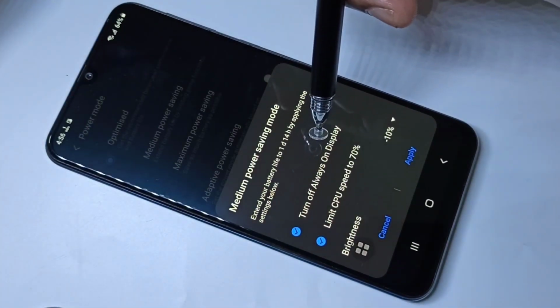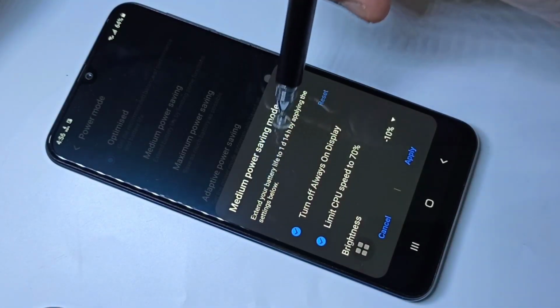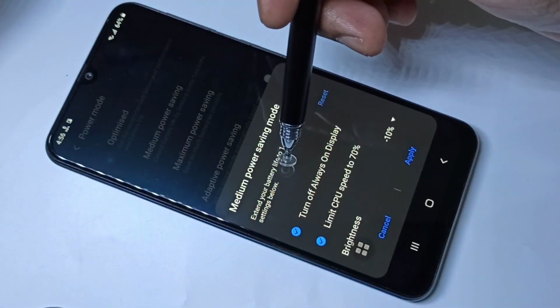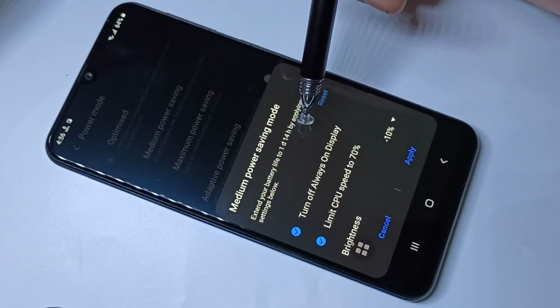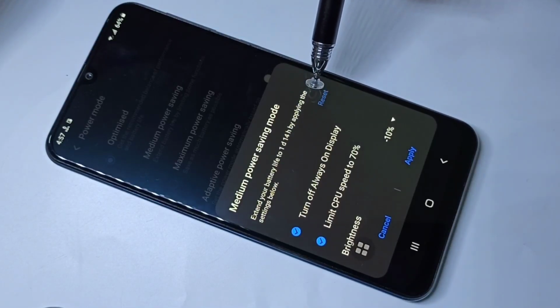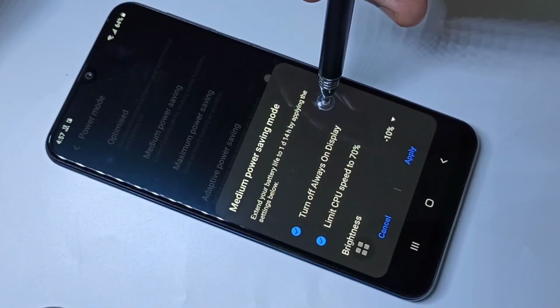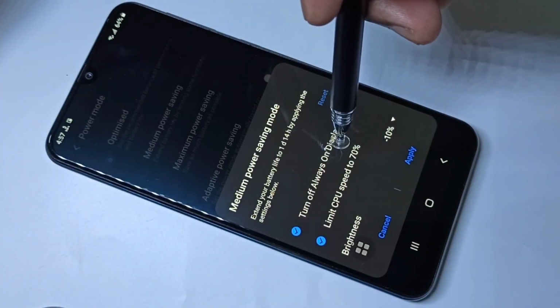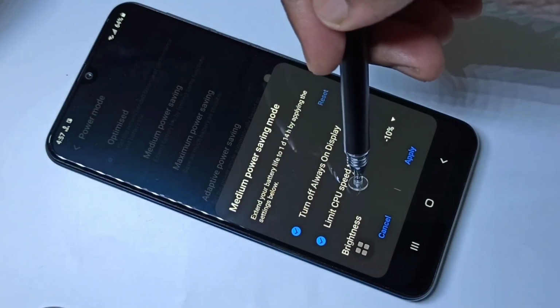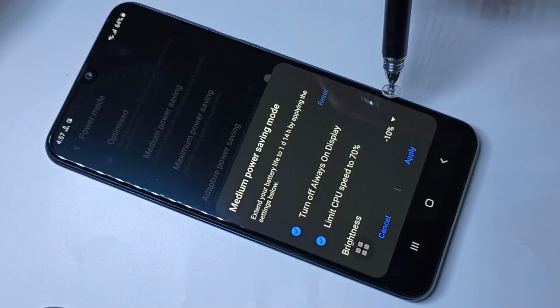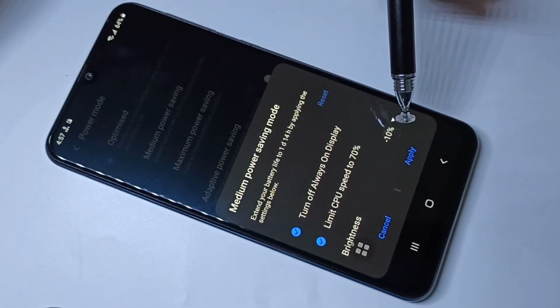You can tap on this, for example, medium power saving. Here you can see, if you enable medium power saving mode, it extends your battery life up to 1 day 14 hours by applying the settings below. So these are the settings: turn off always on display, limit CPU speed to 70%, brightness minus 10%.